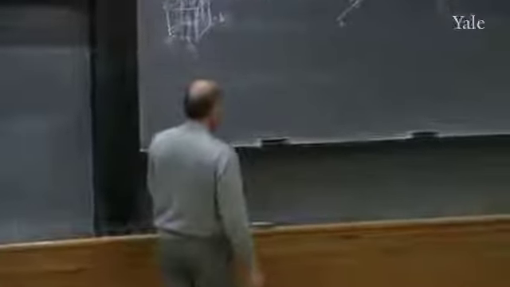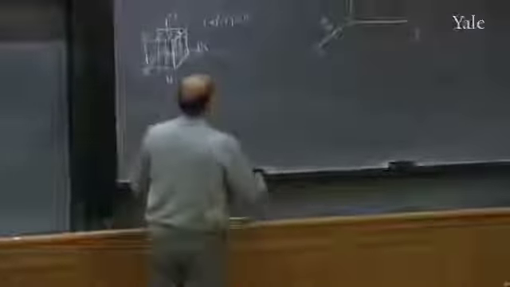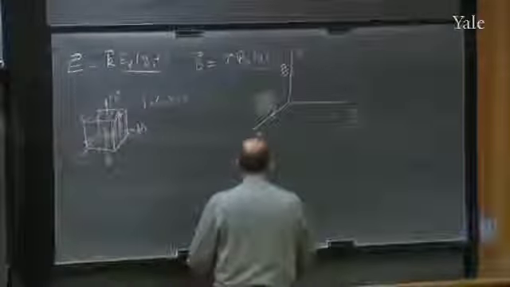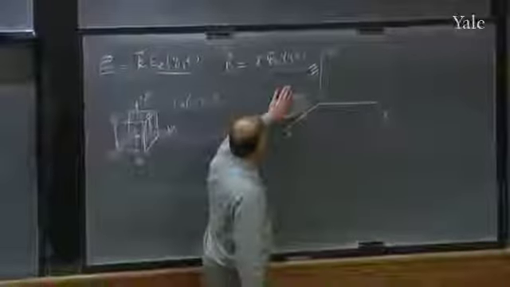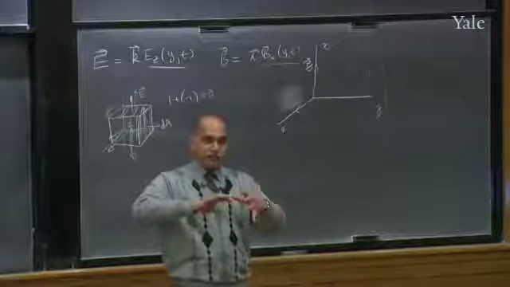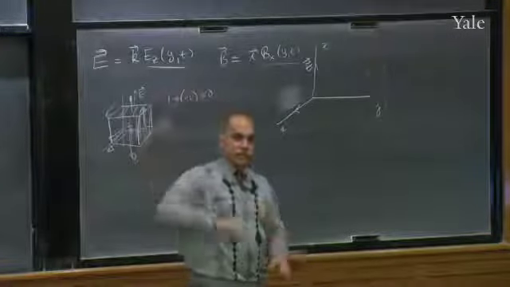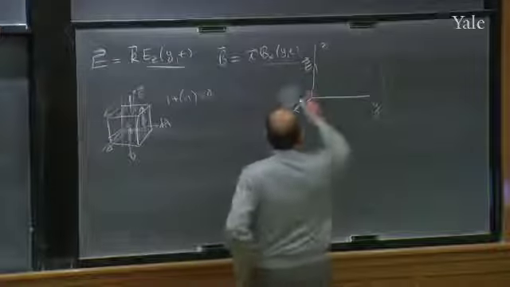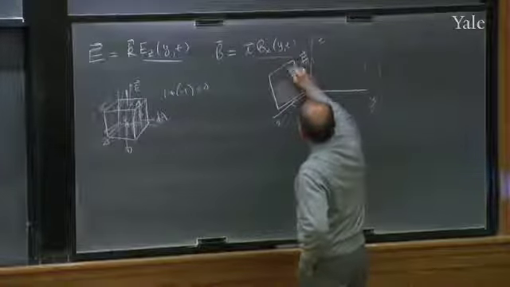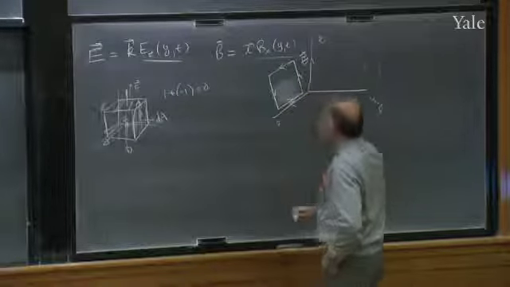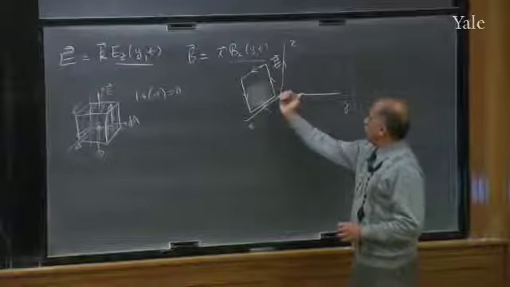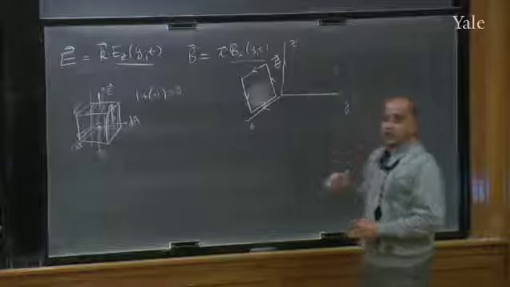So let's see. So here, I have to take loops. And I told you, when you take loops now, you got to take loops in that plane, and that plane. Because it takes three kinds of little Lego flat pieces to form a curved surface in 3D. So let me take this loop first. I want to take an infinitesimal loop that looks like this. And I choose the orientation of this so that if I do the right-hand rule, the area vector is pointing in the positive y direction.